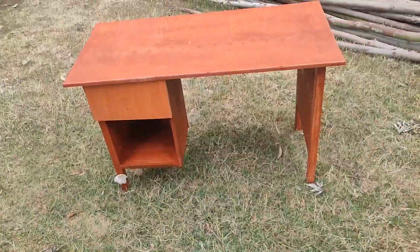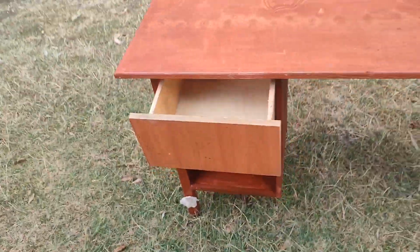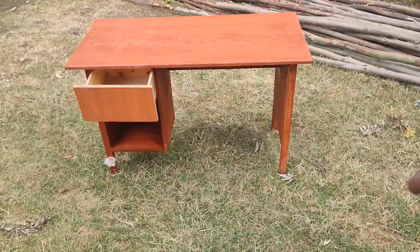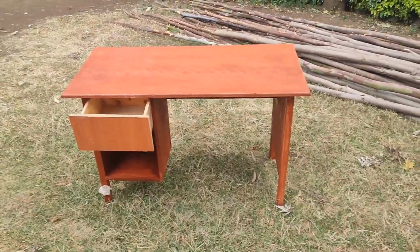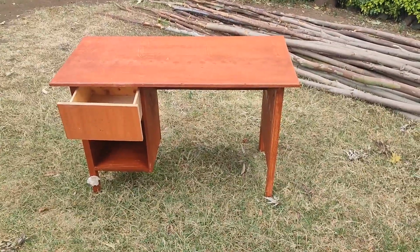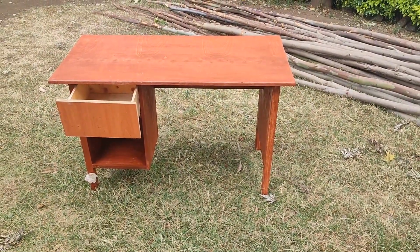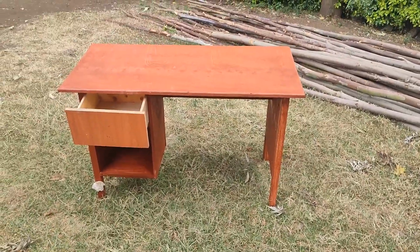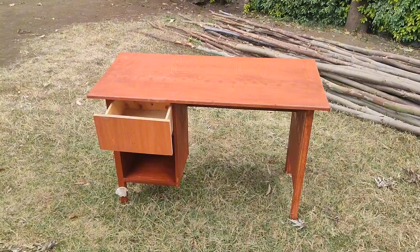So when it's complete, it looks like this. I'm sure if I go to the market, this could be about 10,000 Kenyan shillings, that's about $100 approximate, if I had gone to the furniture shop and said that I needed a simple desk like this,